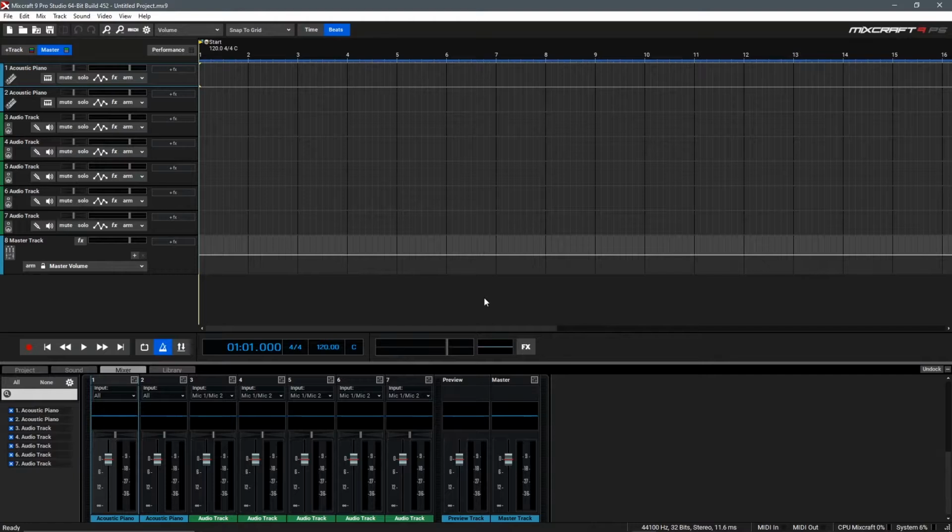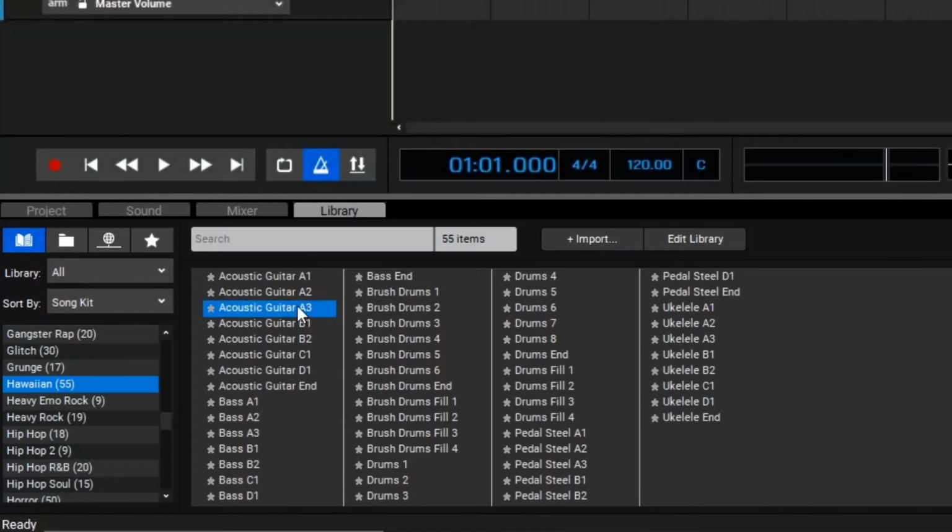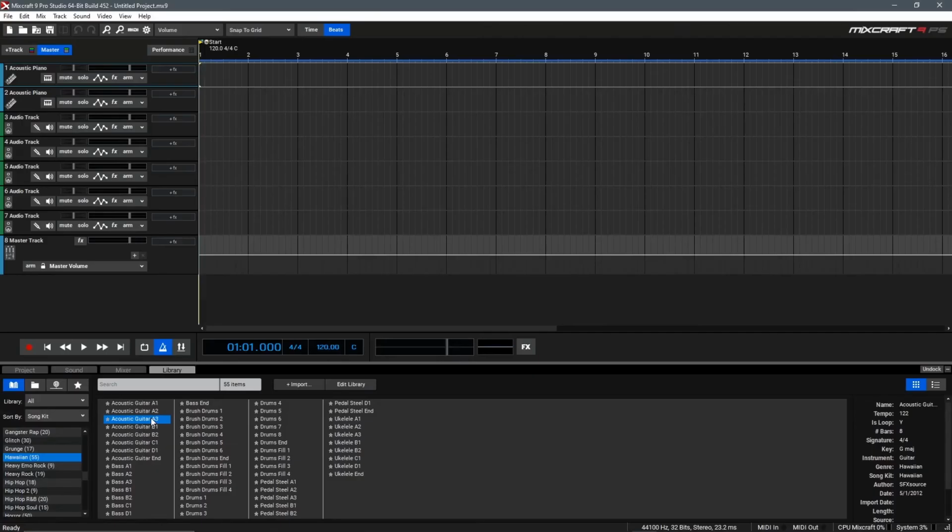Awesome! We've got our project set up, and now we have our audio device configured, so we should be ready to make music with Mixcraft. To make sure we have our audio device set correctly and we hear it through our speakers, as well as make sure the latency settings are correct and we don't hear any stutters or pops, we can go to the library here and select a random sound to play back to make sure everything's in order. Excellent. There's no stutters or pops and it's coming through my speakers, so we're good to go.